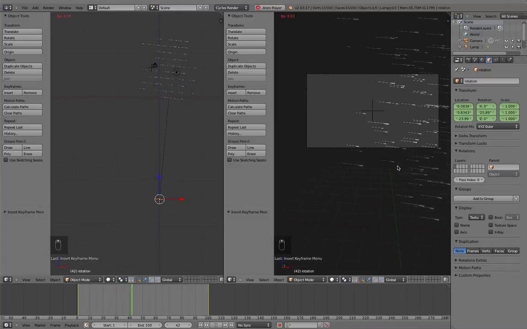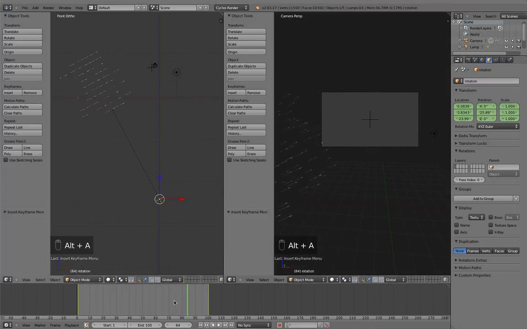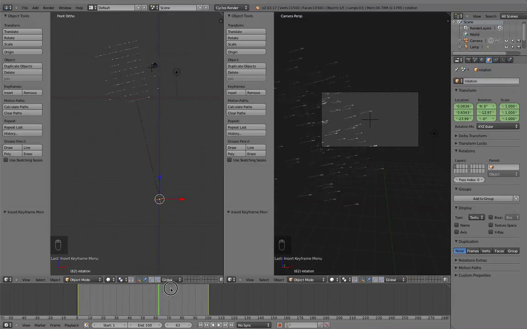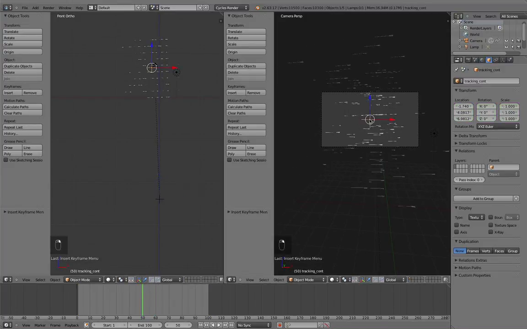So we can see we've got our arrows starting to come in, and then they go out right about when we end the animation there. What I'm going to do is go to about halfway through, and then